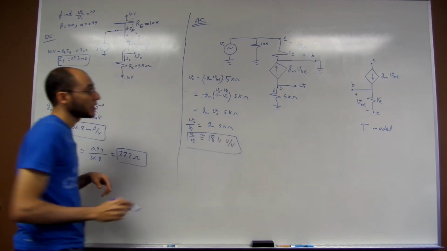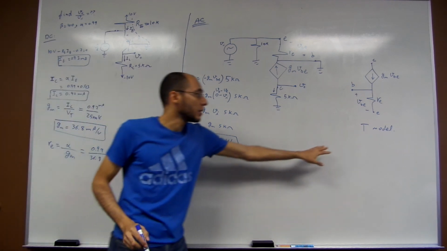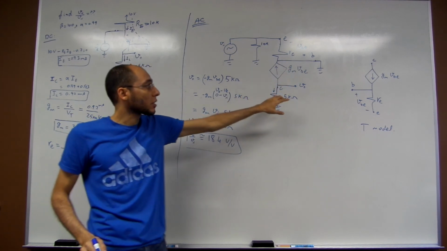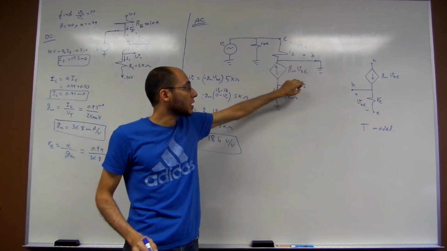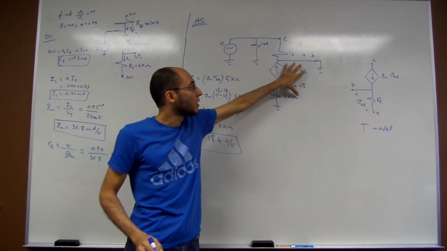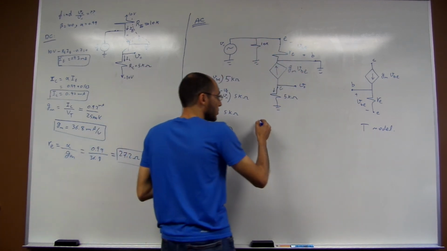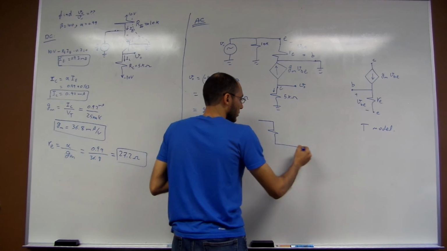As you can see, the T model is extremely easy when you have a common base. Why? Because the T model isolates the input from the output. On the other hand, if you want to use the pi model,